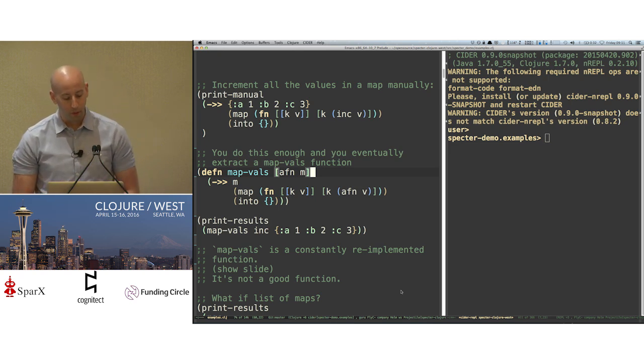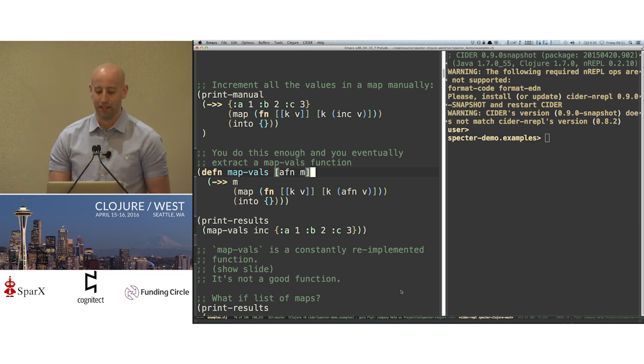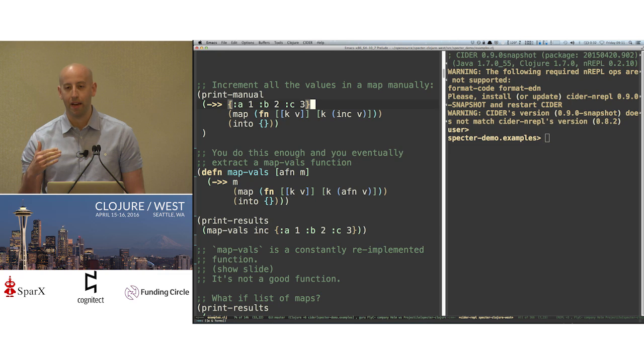So where I want to start off is with a kind of mundane Clojure example, because I think this really illustrates a lot of that mental shift that you need to have to really benefit from something like Specter. The example is you have a map. Here it's just a map with keys to numbers, and you want to increment all the values in the map. One good way to do this, writing Clojure straight up, is you take your map and then